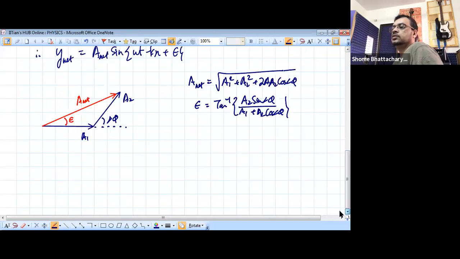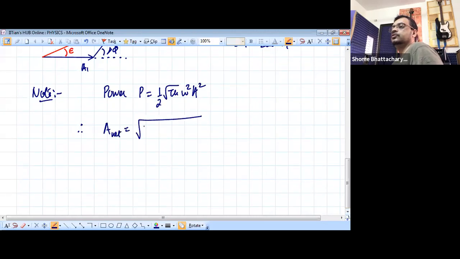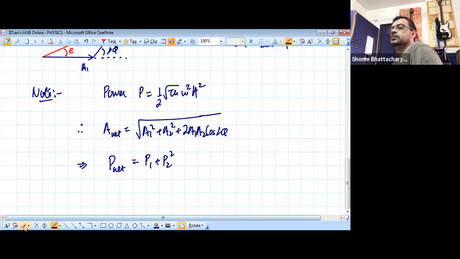Now a couple more things we can keep in mind. Since power is equal to half square root T mu into omega squared A squared, this formula A net is equal to square root of A1 squared plus A2 squared plus 2 A1 A2 cos delta phi also indicates that the net power is P1 plus P2 plus 2 times square root P1 P2 cos delta phi,